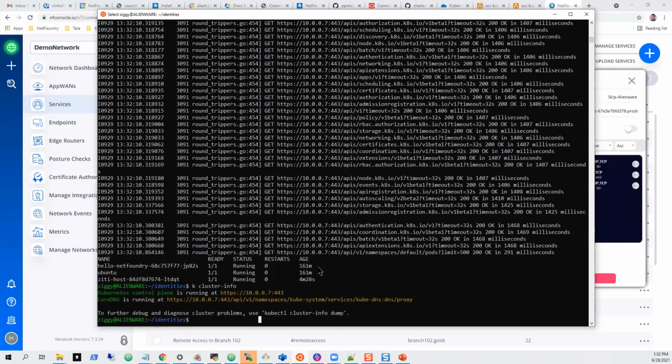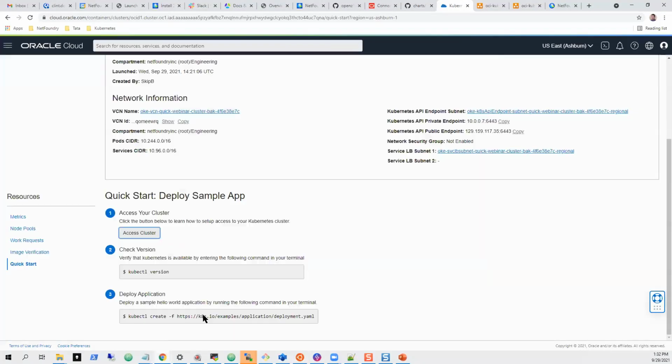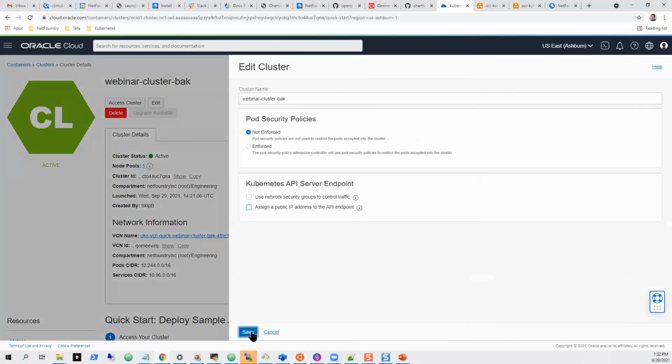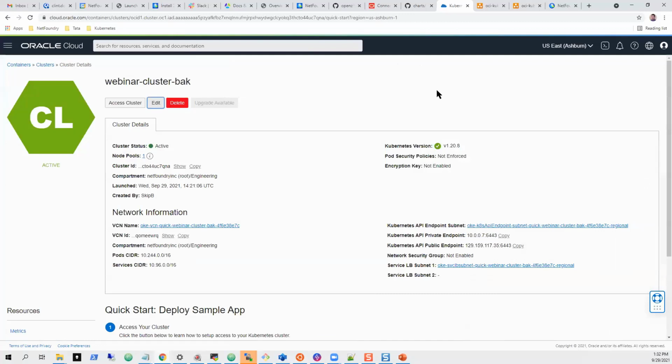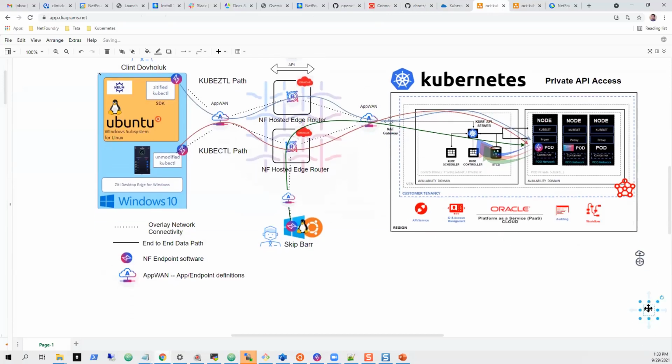Okay, so right now we're fully accessed privately. So what that really ultimately means is you can come back into your cluster, close it down, edit, drop the public IP, and hit save. So this kind of is the picture we showed over here where, okay, we got started on IGW, take that guy away. Now he's kind of going back to the NAT gateway method, fully dark. Well, once it's implemented. So now I have access to that.